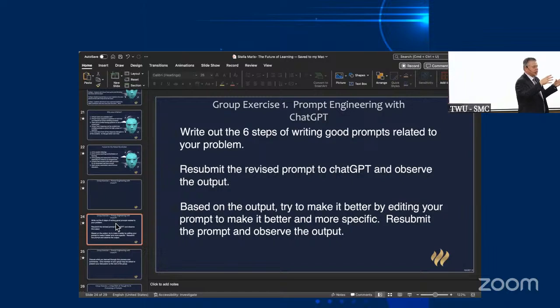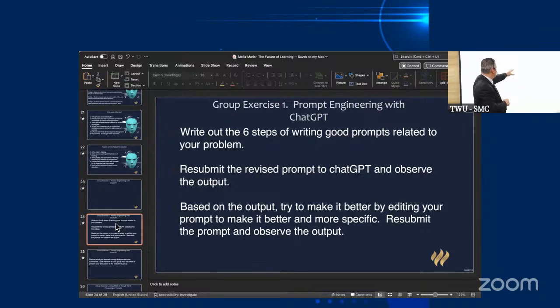So pull yourselves into small groups with the students around you. We're going to do some prompt engineering. Does that make sense? So one of you has to have ChatGPT. One of the people in the group can use ChatGPT on your phone, and I want you to ask it something. Whatever it is, a problem, an issue, a paper you need, something. Make sense? Let's choose something, enter it into ChatGPT, and observe the output that you get.